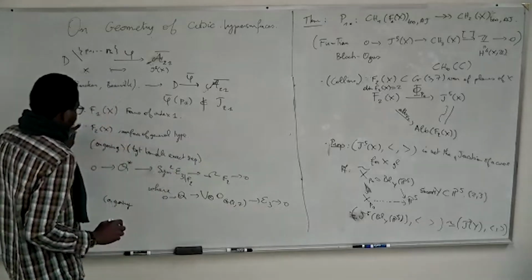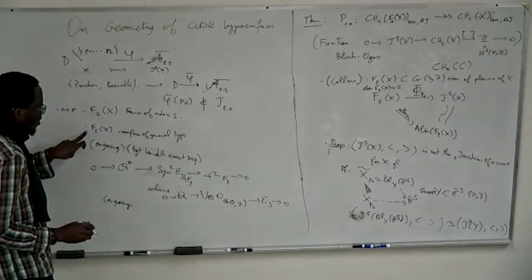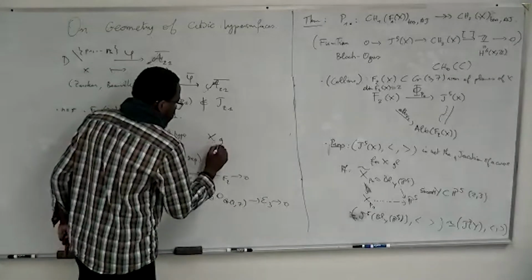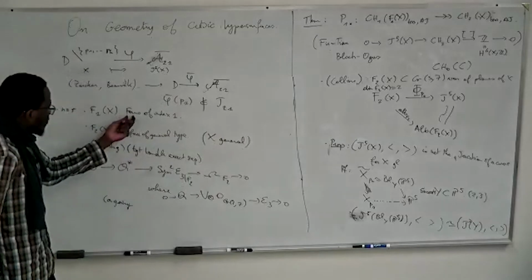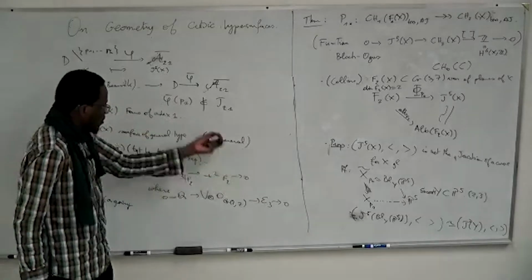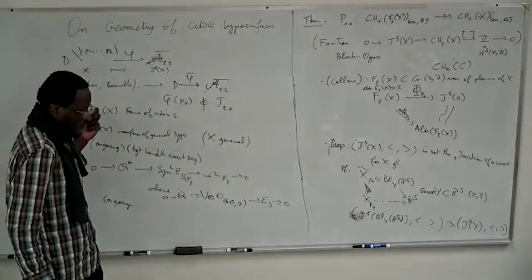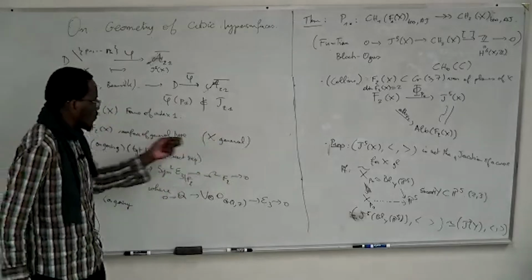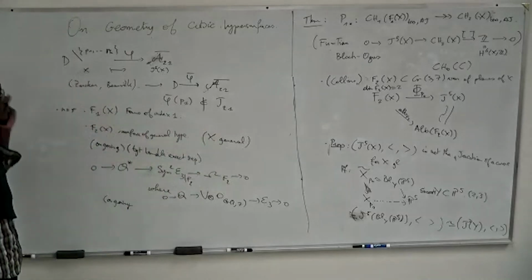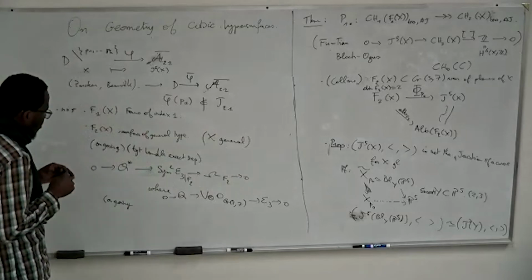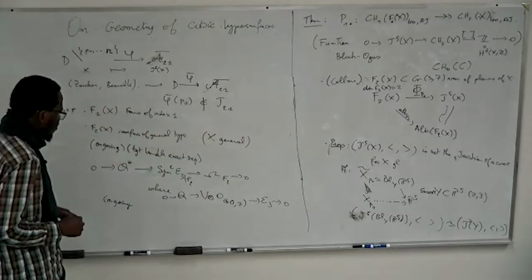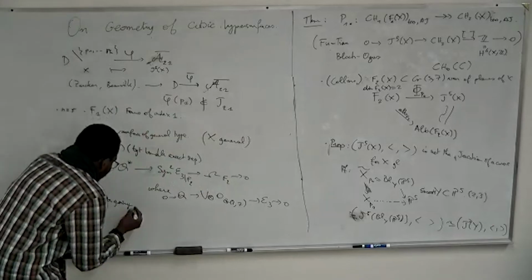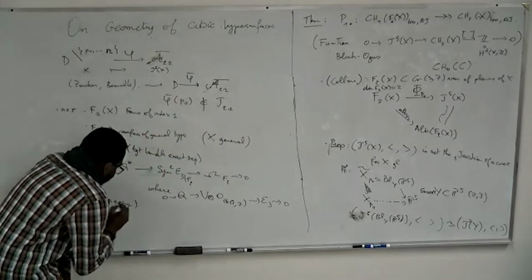Sorry, for the statement about the surface of planes, we always take X to be general, because in the case of the variety of lines, as soon as the cubic is smooth, the variety of lines is smooth, but this is not the case for the surface of planes. Probably one can get by with a deformation argument, but if the surface is not smooth, then there is no point.